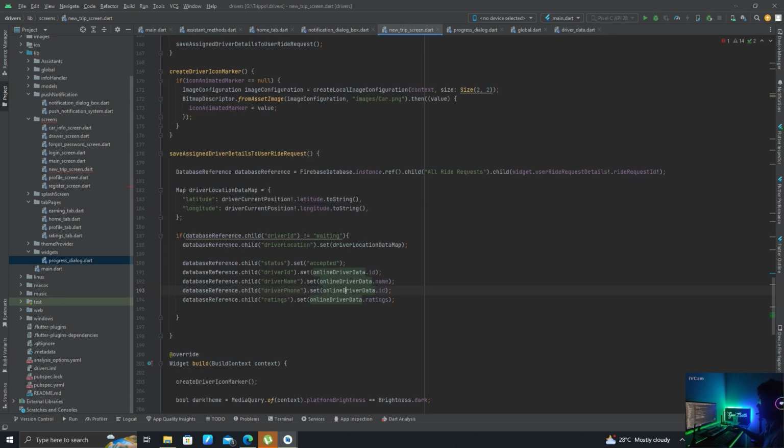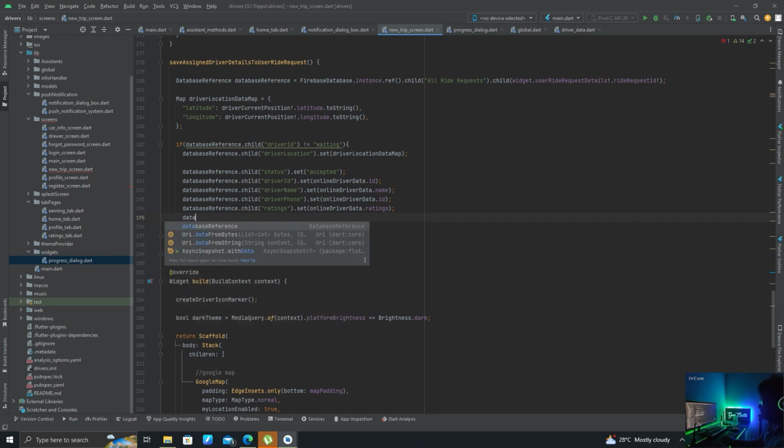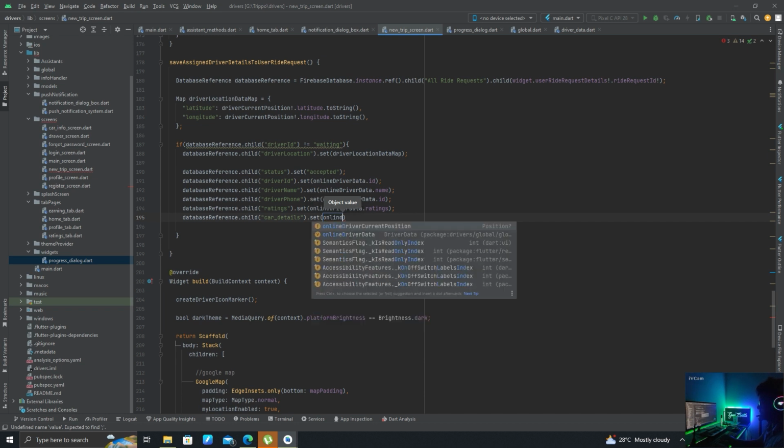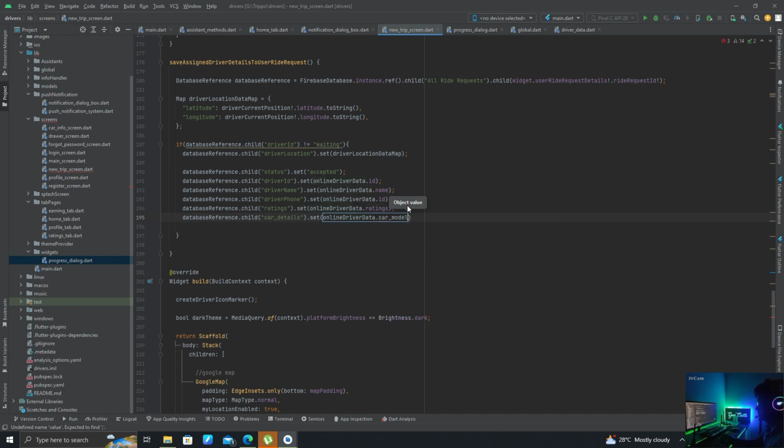So go back to our new trip screen, and then we can write database reference dot child car underscore details dot set online driver data dot car model dot toString, then add online driver data car number dot toString as well,